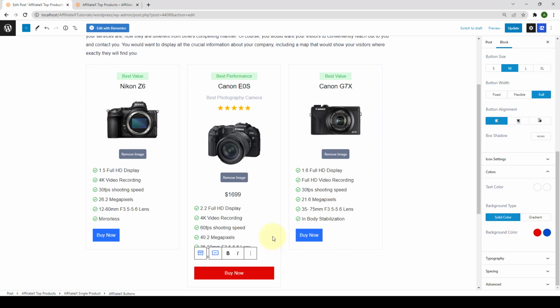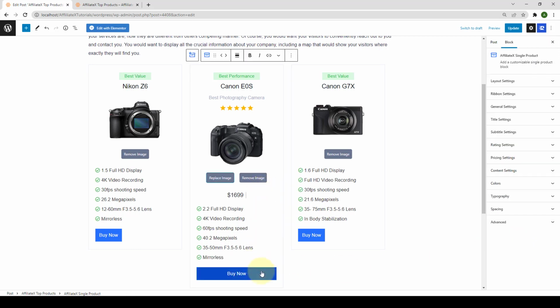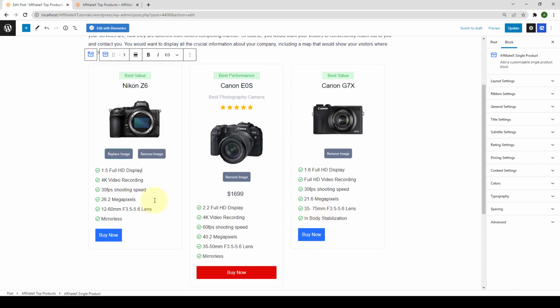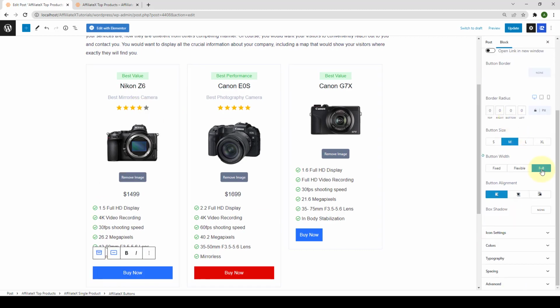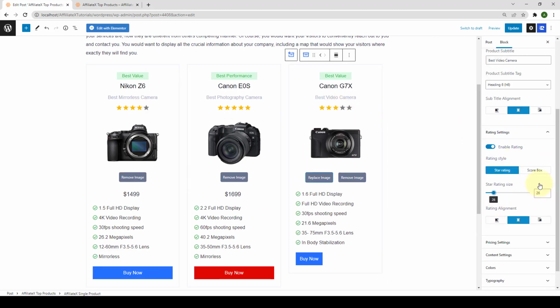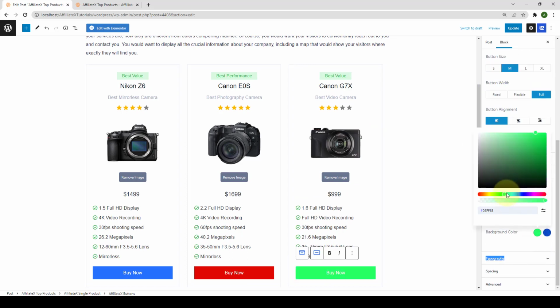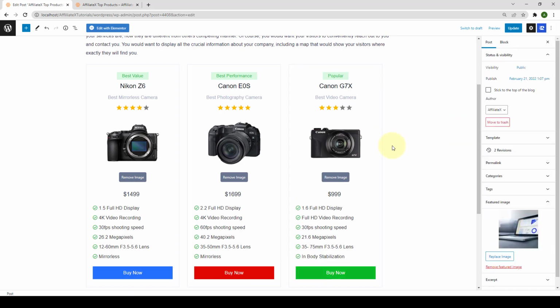The same options for single product as well as for the button is available for the rest of the products that you have added. Following the same process, I have made the necessary changes and adjustments for the rest of the products as well. So this is how you can add and configure the Affiliate X top products block.